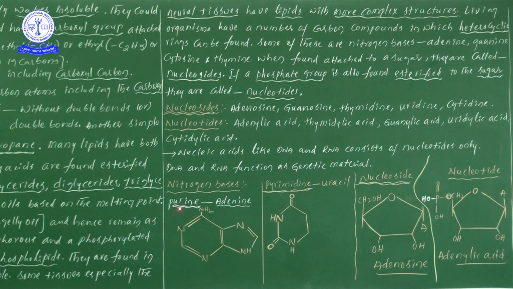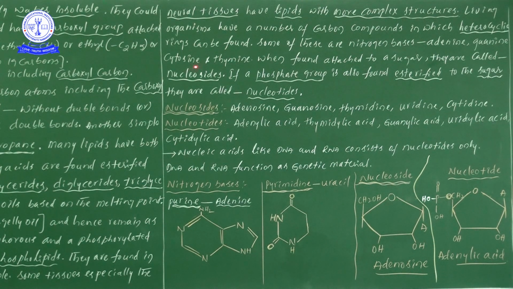What are the types? If we see the nitrogen bases, adenine, guanine, cytosine, thymine. Now let us divide these four into two types, purine and pyrimidine. The purines are adenine and guanine. So try to write down carefully. Adenine and guanine, these two are purines. Next one, pyrimidines are